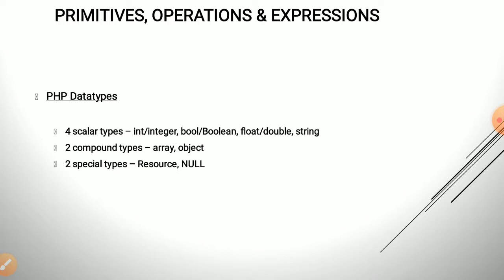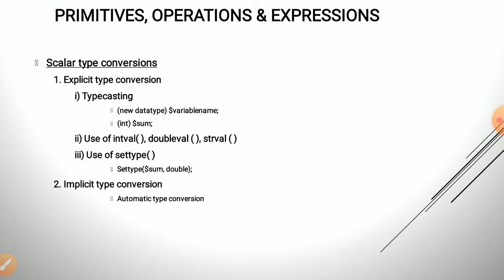And there are two special data types in PHP. First one is resource and second is null. Actually, this resource is not really a data type, it's a reference to external data sources. One example is a database call. Okay, so it's not actually considered a data type. Then second one is null. Null means no value. It's a special data type which can have only one value, that is null. So the value of a null type variable is null itself. So these are the data types available in PHP.